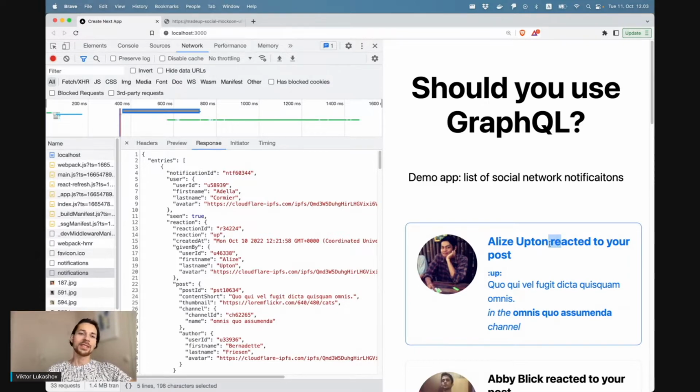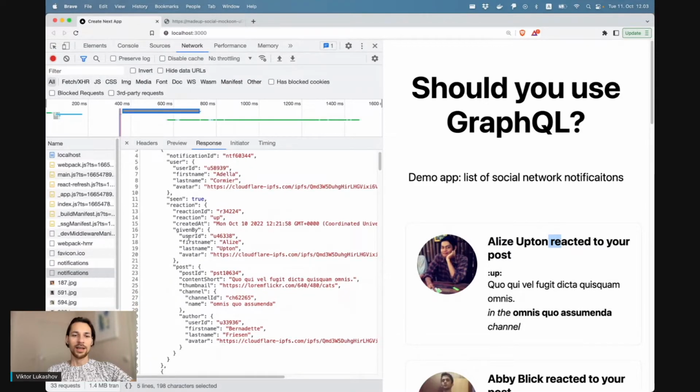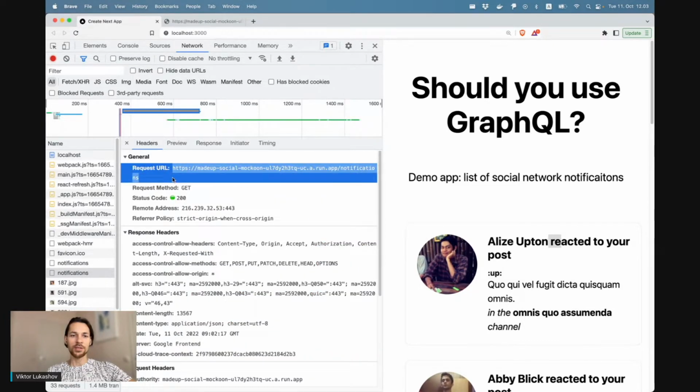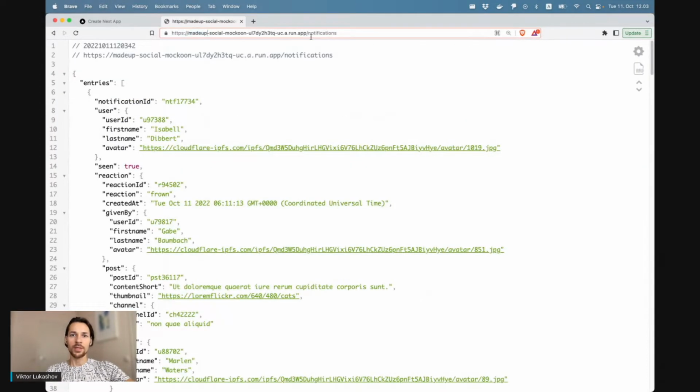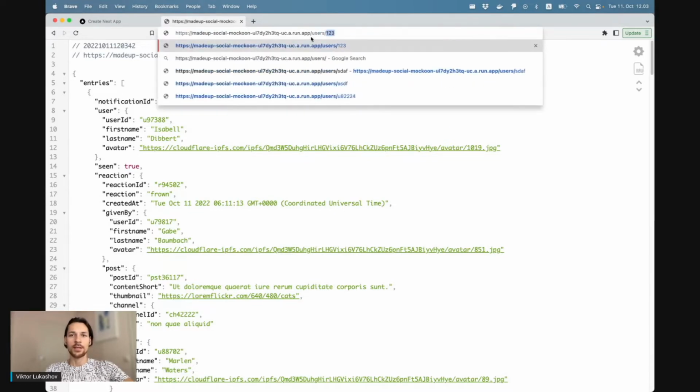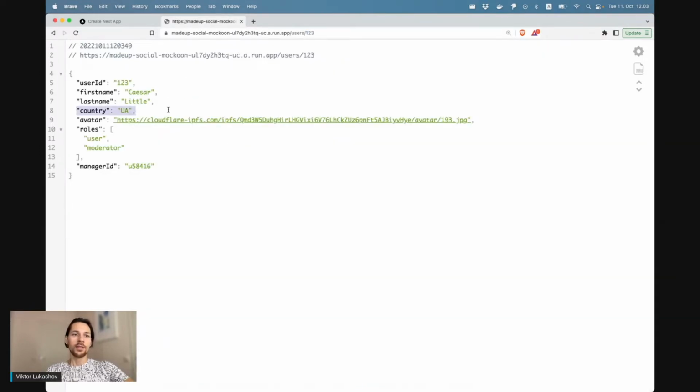The problem, though, is when you look at the API that you're using to render the page, you see that the given user information does not include the country. Yes, there is a different API endpoint in addition to /notifications. See that /notifications is here, and then there is a /users. Well, you know that because you worked in the company for a while. You know the APIs that exist, users and then user ID. And there you'll see country information, but it's not in the endpoint that you're using to render the list of notifications. So yes, the data is there, but you don't have access to it yet.